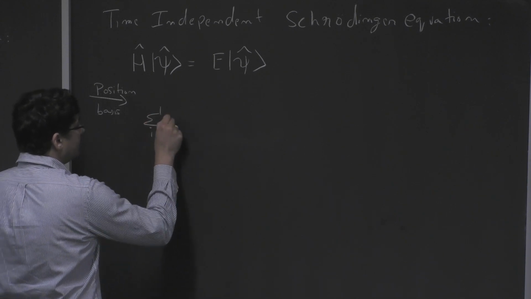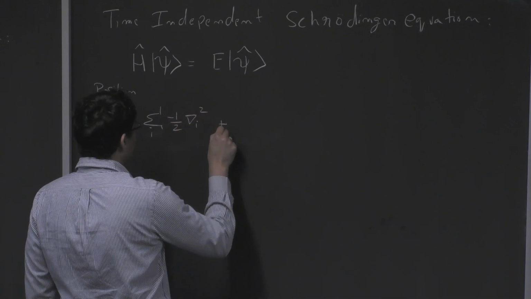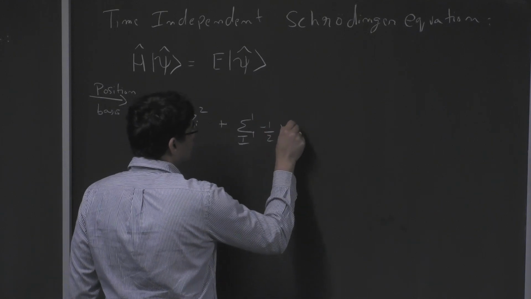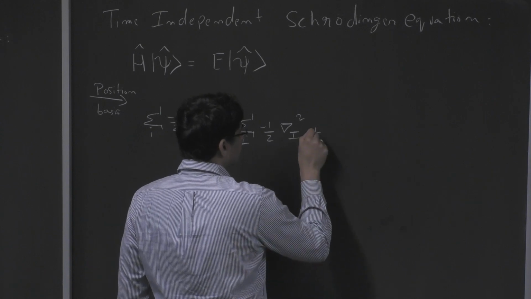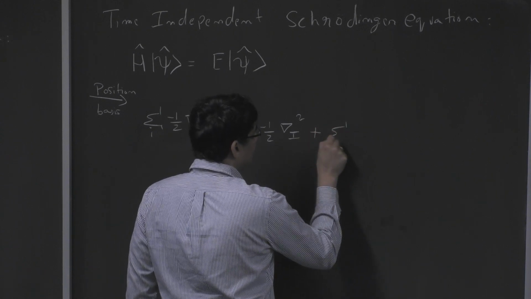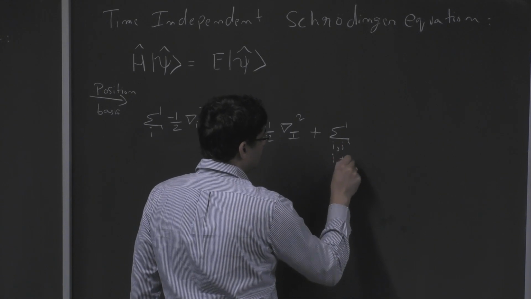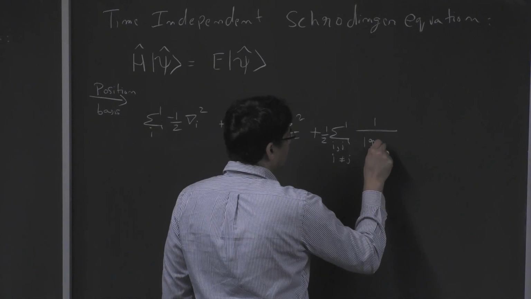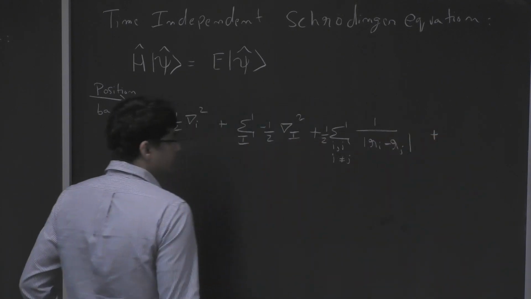Sum over I, minus half Laplacian squared, sum over capital I, minus half, plus sum over I comma j, I not equal to j, with a half here, 1 over mod Ri minus Rj, plus